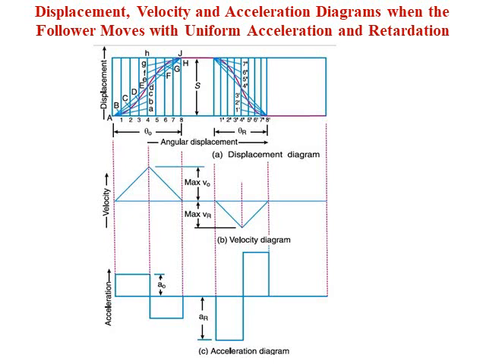Initially we need to take a suitable scale for the angular displacement, that is theta naught and theta r, as discussed in earlier problems. After drawing the suitable scale, draw the value of S, that is the lift of the follower, and complete